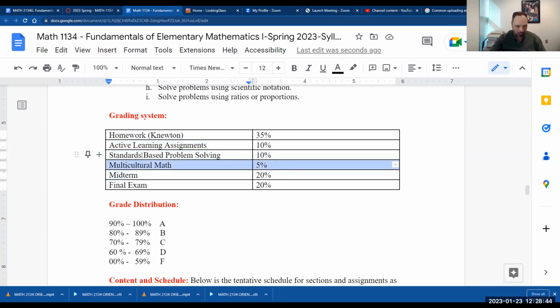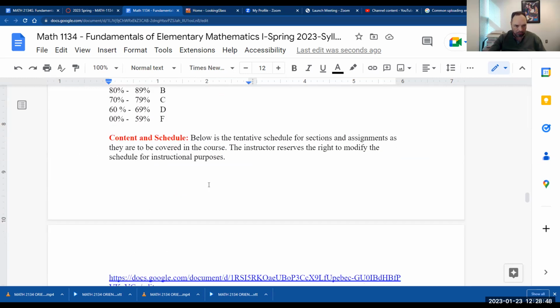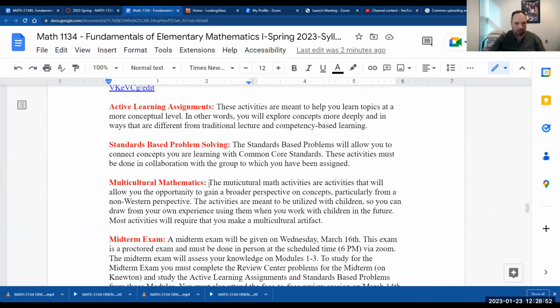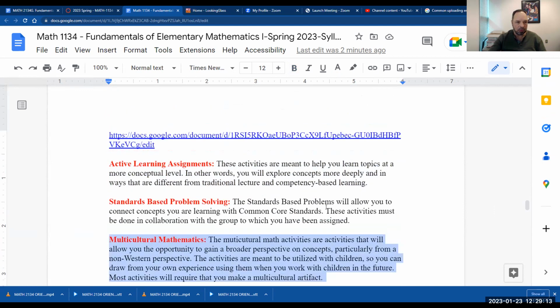I have to double check. I actually believe the standards-based is the one we do collaboratively. Yes, the active learning you're going to do on your own. You're free to work with somebody to think through the problems, but you're going to submit that on your own. This one you're going to submit with a partner. Multicultural math is done on your own. And of course, the Newton Alta,